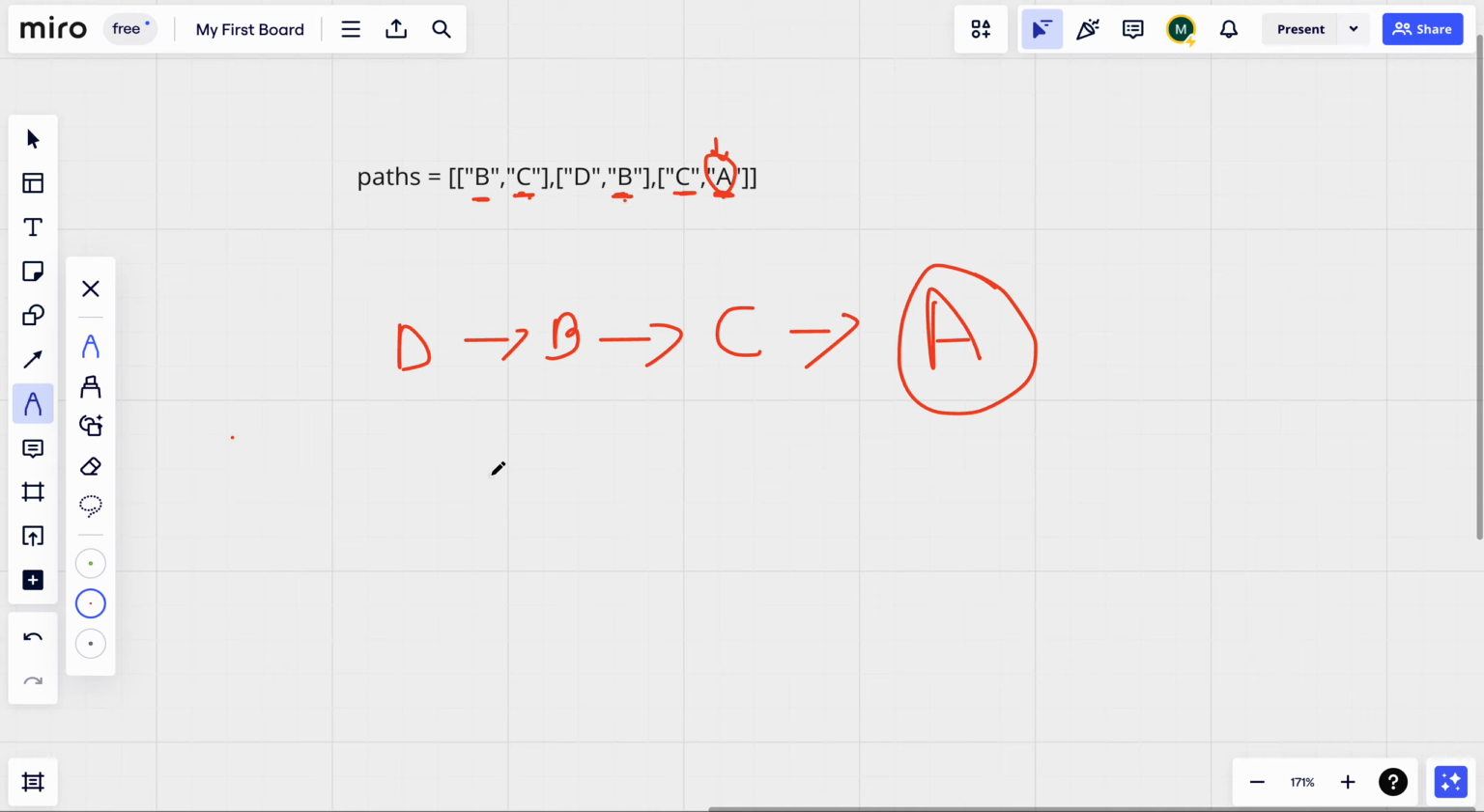Okay, so what we are going to do is create a set, and in this set we are going to add all our source cities. So I'm going to add B in this source set, I'm also going to add D, and I'm going to add C, because we have B, D and C as the source cities, right? And now I'm going to check each of the elements, and I'm going to check each of the